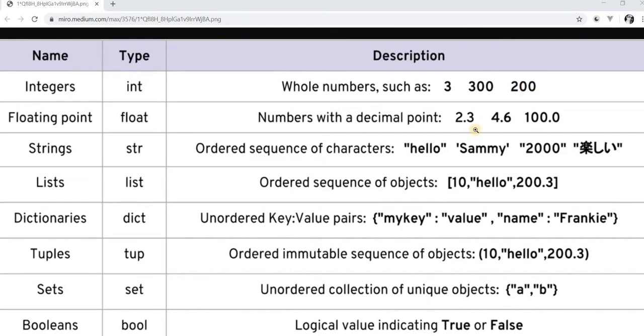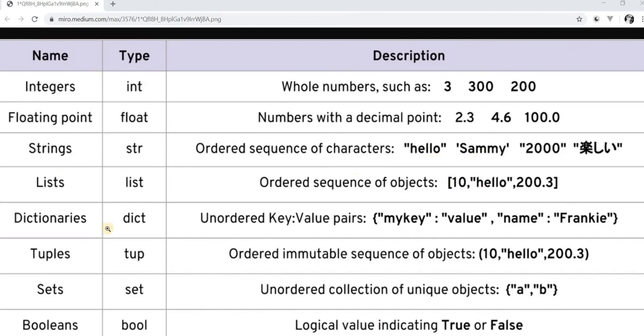Float is numbers with a point, decimal numbers. Okay, 2.3, 4.6, like that. And string, an ordered sequence of characters, like character variables are called strings. In C or C++ we called it char, but here we call it strings, like hello Sammy, whatever, your name,